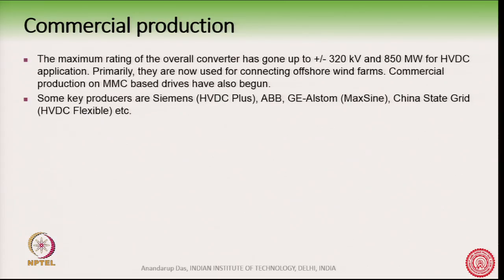So, various manufacturers like Siemens, ABB, GE Alstom or China State Grid are producing it on a commercial basis. So, they are used for connecting offshore wind farms, but commercial production of MMC based drives has also come to